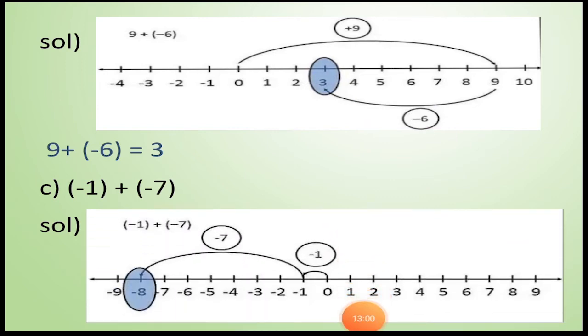In the same way, you can see here, when I'm looking to represent the sum of minus 1 and minus 7, here we have two negative integers that have to be added. Okay children, so what we do, we draw a horizontal straight line, and from 0 we'll reach the first integer given in the question. So from 0 we have reached minus 1, and then after minus 1, how many more do we have to represent? Minus 7. So in the same direction 7 more steps we will take. So after minus 1, 7 more steps in the same direction we'll keep on moving.